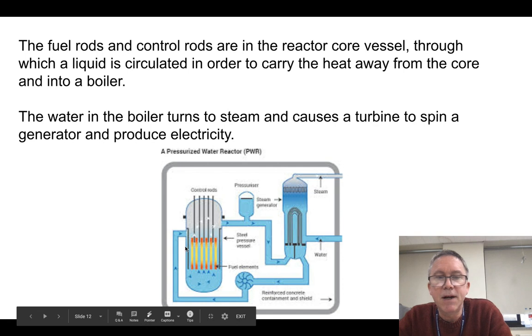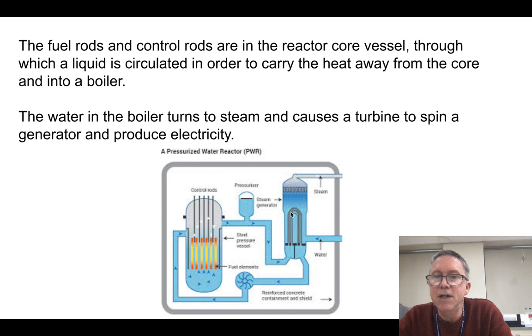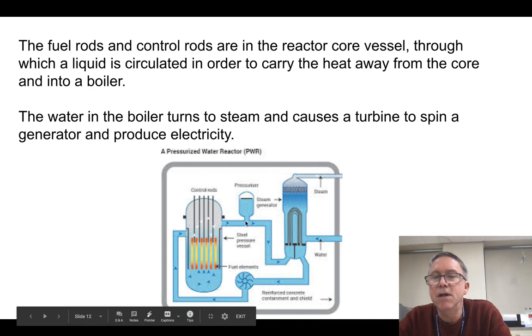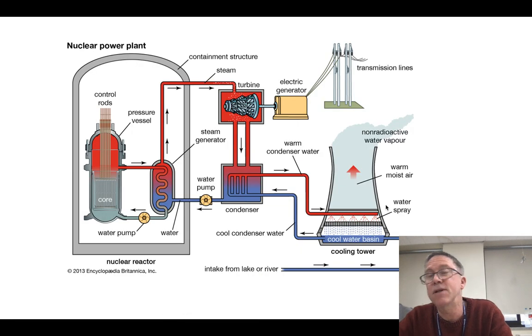So what we do here is this. We pump water through here, and as it goes through here, it heats up. Now I take this hot water and it goes through a heat exchanger, because it's very important: in going through here, this water is likely to become radioactive, which is not a good thing. So we pass the water through a heat exchanger here, and then there's another body of water that comes through here, and it gets heated into steam. So basically, the water that circulates through the reactor vessel, the core, does not come into contact with the water that's actually turning the turbine. So they're kept separate, and usually this whole thing constitutes the reactor core, and it's kept in a special room. Now, there's other ways of doing it. We're just going to talk about that one.